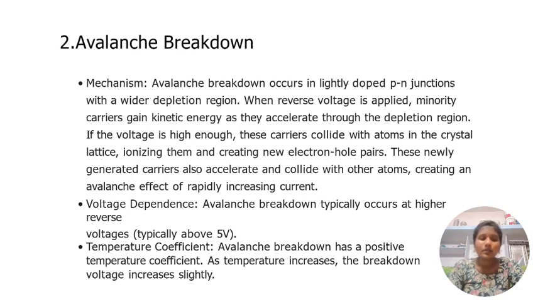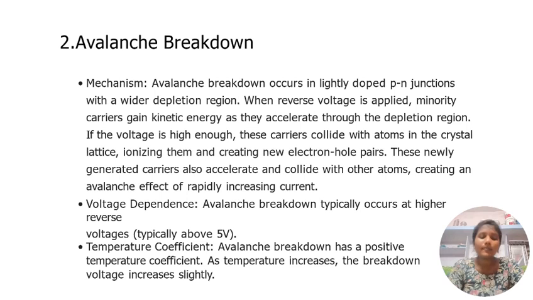Avalanche breakdown mechanism. Avalanche breakdown occurs in a lightly doped p-n junction diode with a wider depletion region. When reverse voltage is applied, minority carriers gain kinetic energy as they accelerate through the depletion region. If the voltage is high enough, these carriers collide with atoms in the crystal lattice, ionizing them and creating new electron-hole pairs. These newly generated carriers also accelerate and collide with other atoms, creating an avalanche effect of rapidly